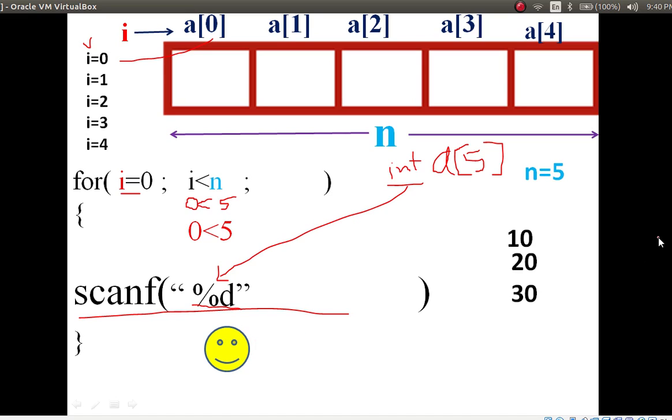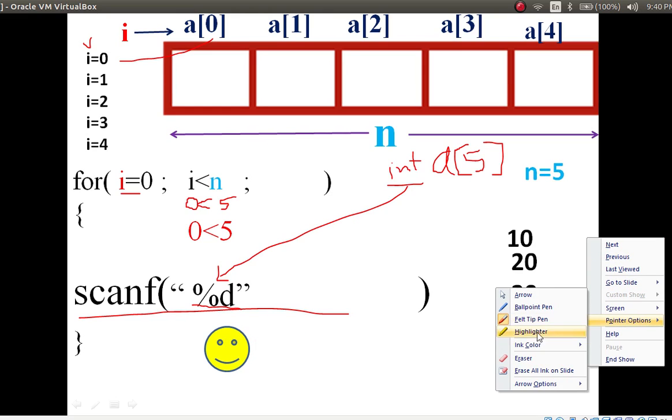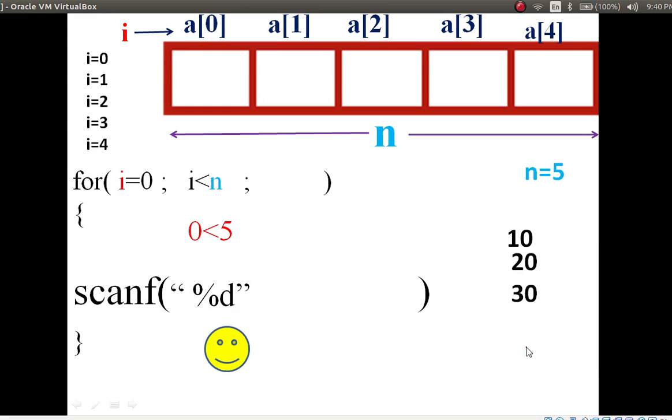Next one is the address operator. What is the meaning of address? The address operator points to the memory location. Next one is a of i. What does i mean here? A single variable we are using.